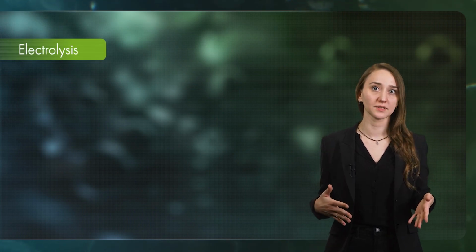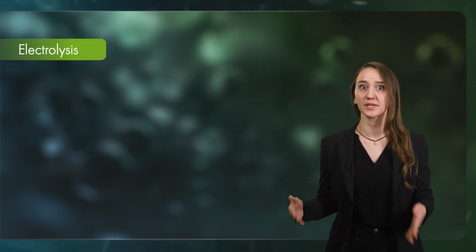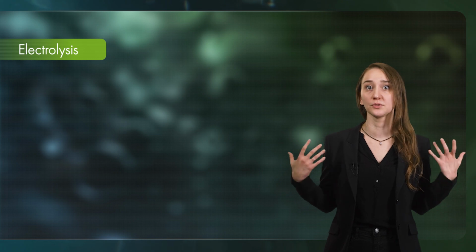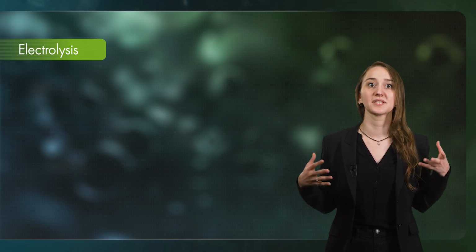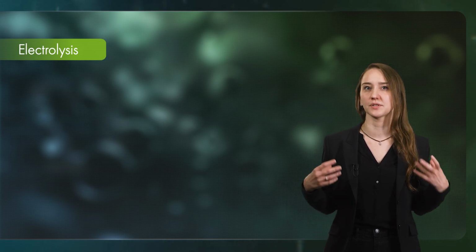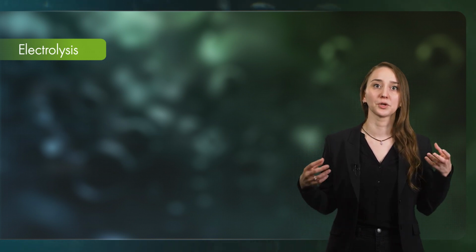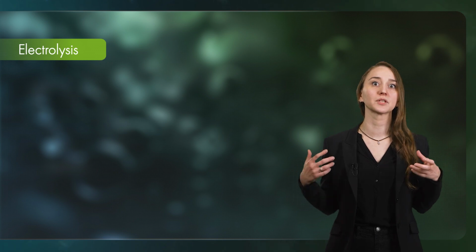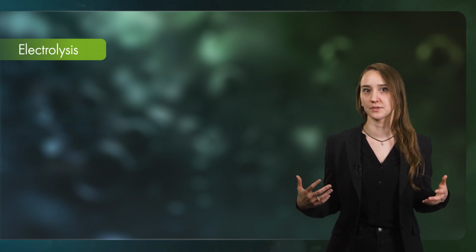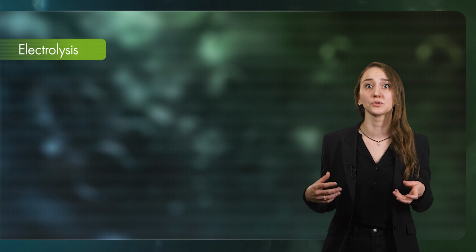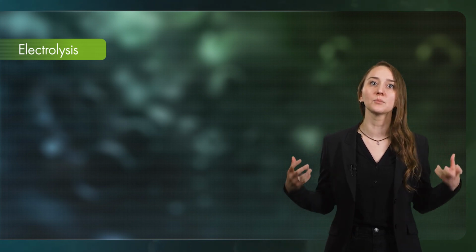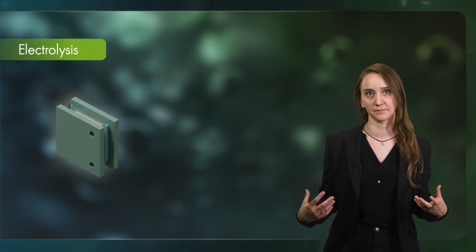In water electrolysis, water, H2O, is split into hydrogen and oxygen using electricity. To understand this process also helps us to understand the origin of the word electrolysis better. The word electrolysis is derived from the Greek words electro, so electricity, and lysis, so dissolution. In other words, the decomposition by means of electricity.